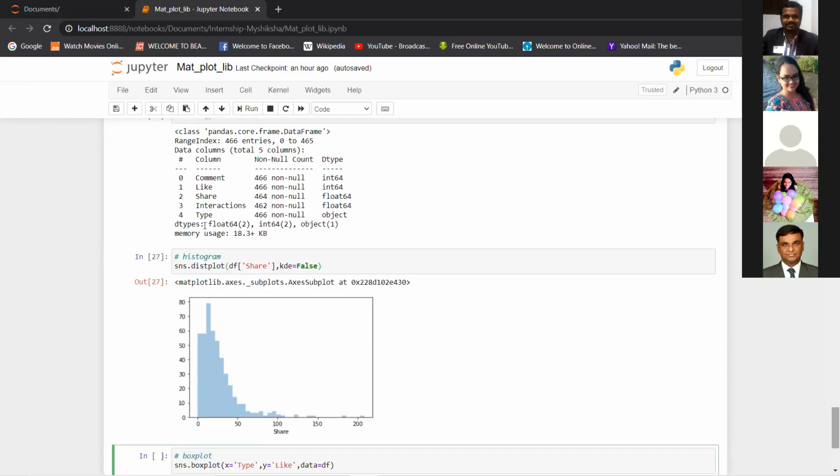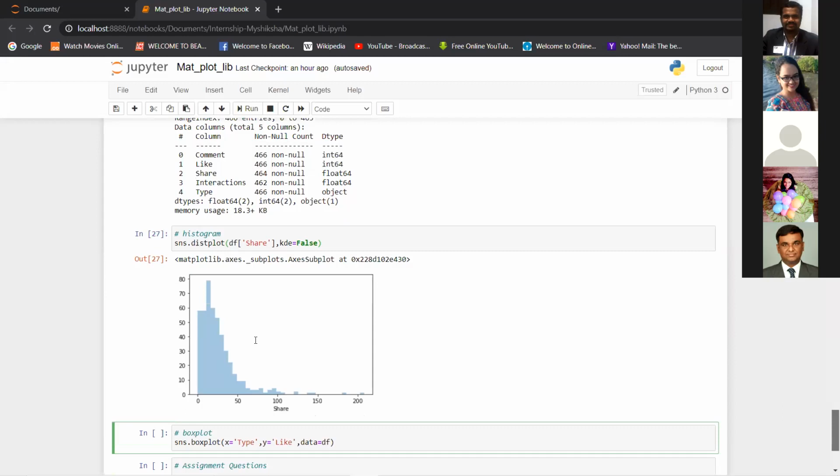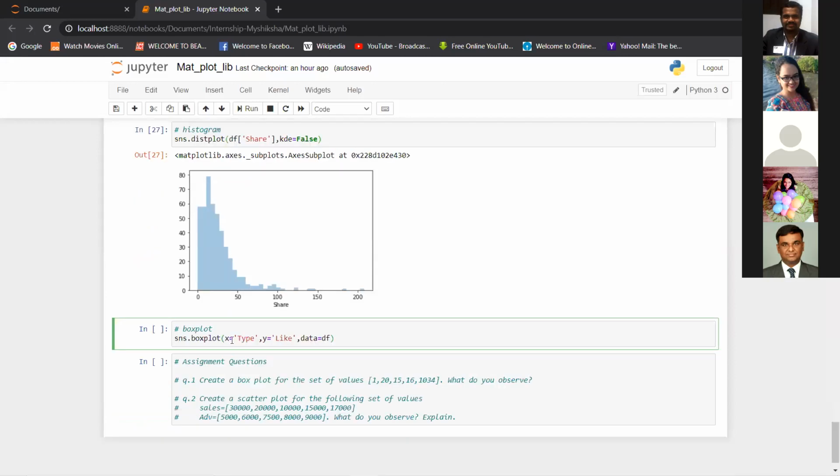In Facebook you can have photos or you can have textual posts, right? So you'll have both categories on the x-axis, and on the y-axis, you will get the number of likes on the types of posts.